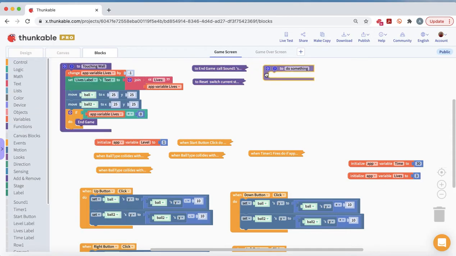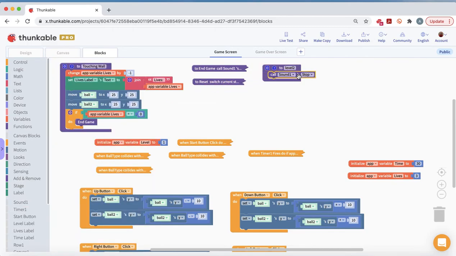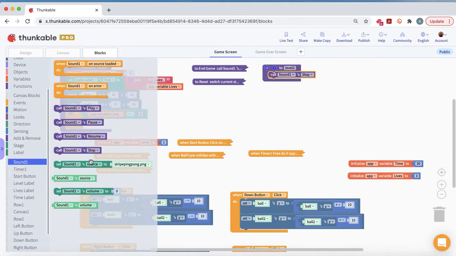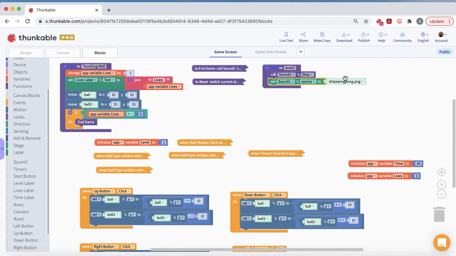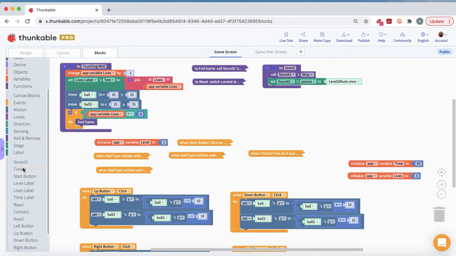So we're going to build a new procedure. We're going to simply call this one level 2, and we're going to call the sound to stop whatever's playing. We want to switch to our level 2 sound. I've got some in here for you. It may not be the sound you want. You're welcome to change it, whatever you like. So this is level 2, and then we'll play the sound for level 2. And we'll move the ball